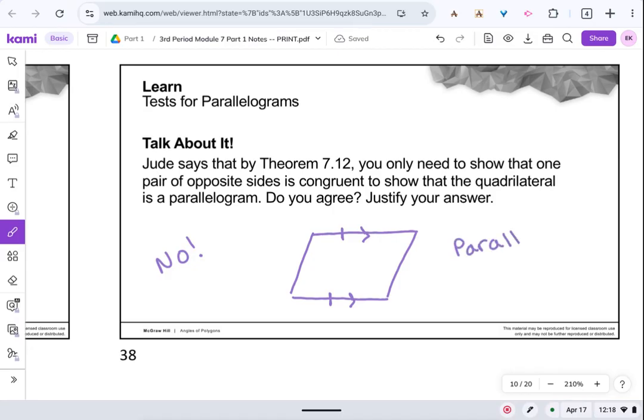So our picture would look like this for theorem 7.12. Okay, so that again was on that classifying worksheet that we did at the very beginning of this module, but I just wanted to put that into perspective, that this is what we're looking at when we talk about theorem 7.12. Okay,